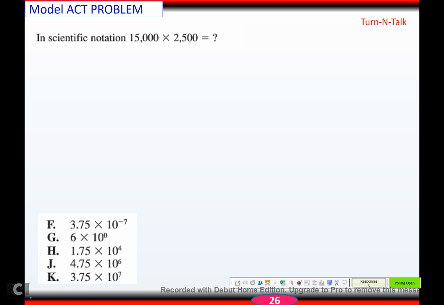Okay, so when I was going through the lesson on this, I showed you how to put your TI-84 into scientific mode, and then you could just type it in and it'll automatically give you your answer in scientific notation. But again, in an ACT type situation, no, it doesn't take long to switch the mode, but then you forget the mode, and then the next time you use your calculator, it's in the wrong mode. I mean, really, if you type this in the calculator, you're going to get 3, 7, 5, 1, 2, 3,